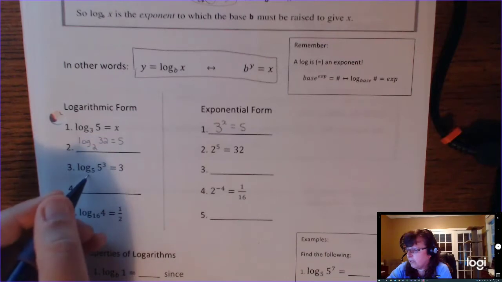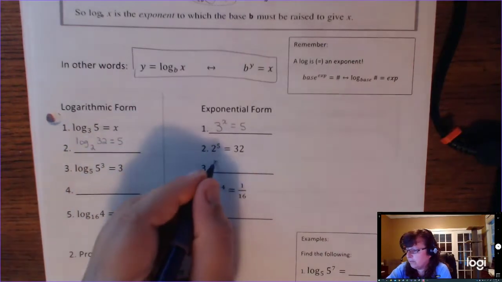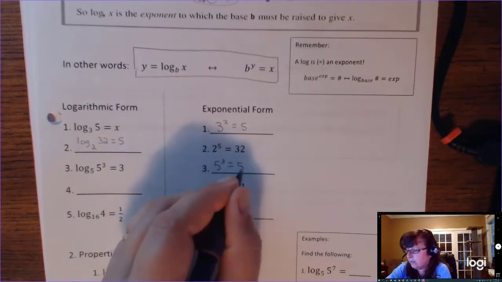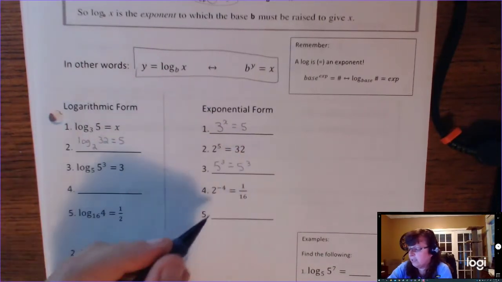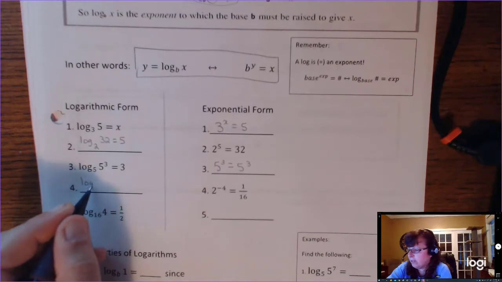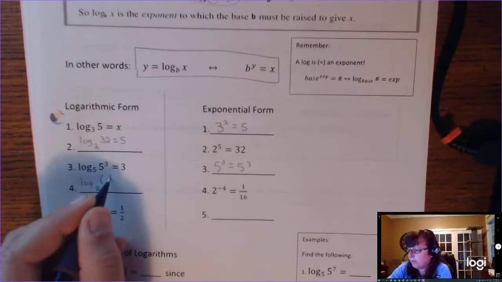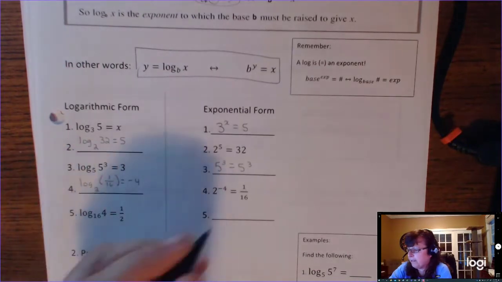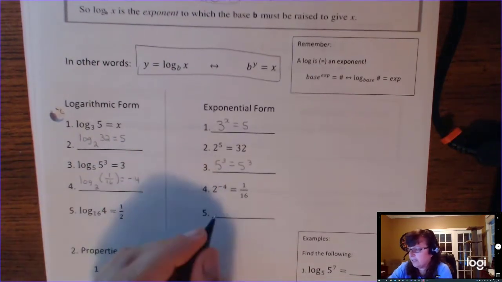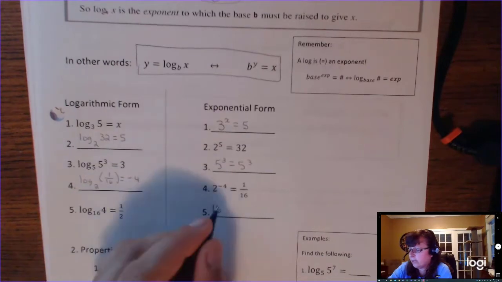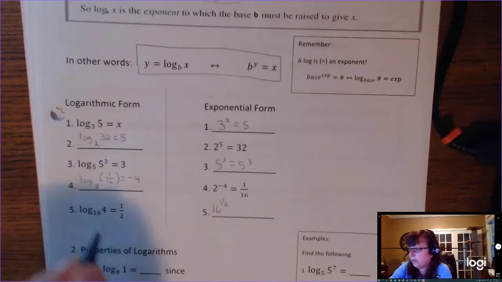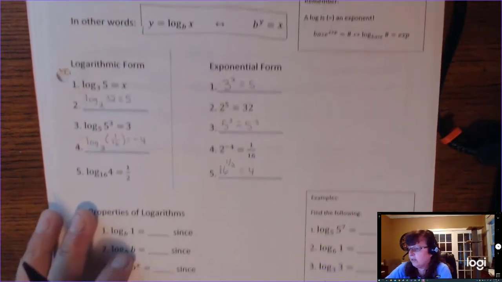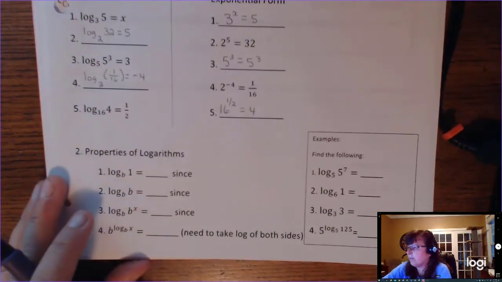So here, log form would be base 5 to the exponent 3 is equal to 5 cubed. Here, the log base 2 of 1/16 is equal to -4. And here, 16 is your base, 1/2 is the power, it equals 4. So that's review. Okay, so now we get into some properties of logs